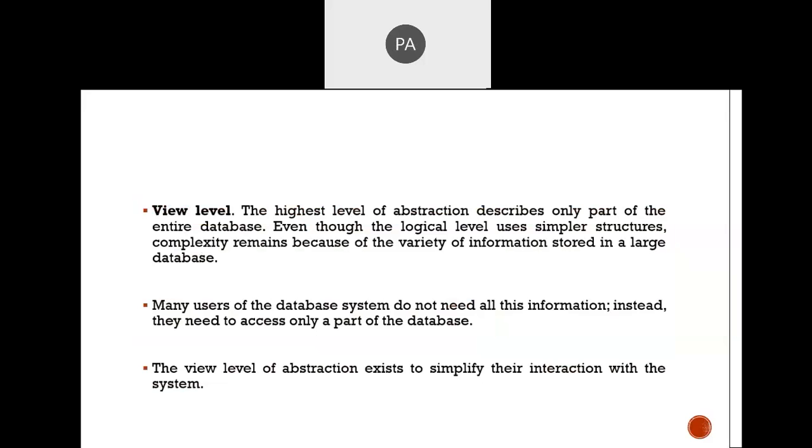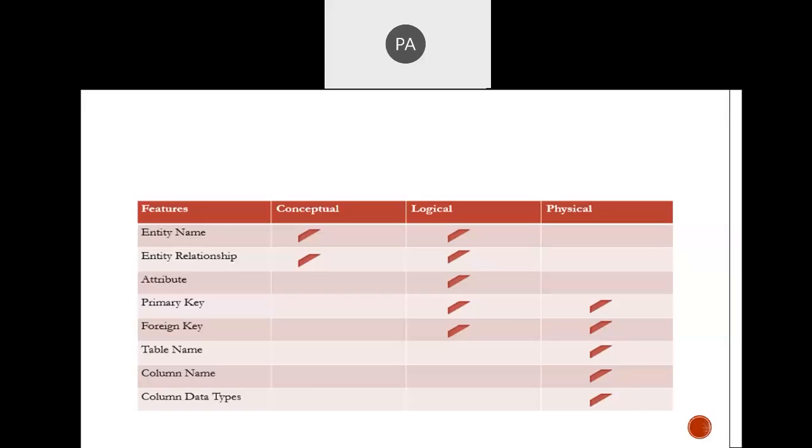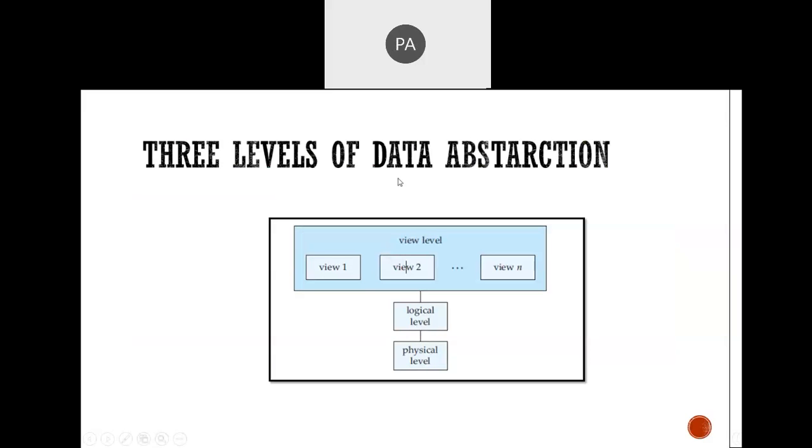Okay, so this is about the view level, in which the user can interact with a certain amount of data, and whenever they require data, they can fetch it without knowing the schema and relationship. I use this diagram of the three levels of data abstraction. Once you get a question regarding data abstraction, you need to specify these three points: physical level, logical level, and view level. Make a note that when we talk about the physical level, we need to add one word: physical level is nothing but schema. We need to specify the schema, what type of data we are storing.